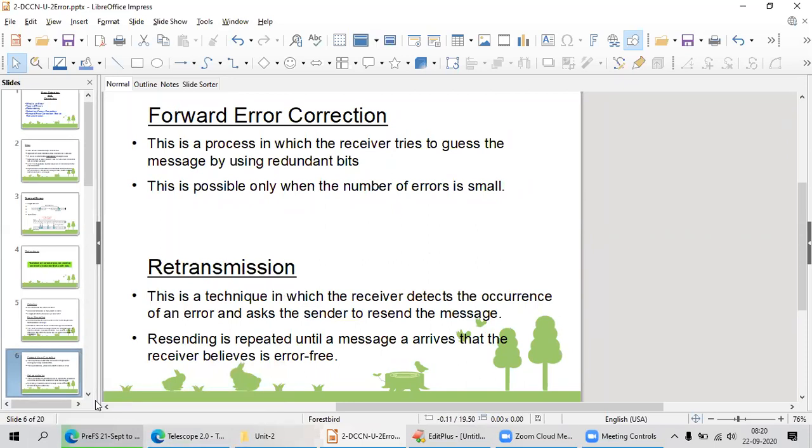Yes, sir. Good. After error detection and correction, we have forward error correction and retransmission. Forward error correction means the receiver tries to guess the message. That means I got a message 1001 at the receiver end, and I am thinking that there was a single bit error in it.